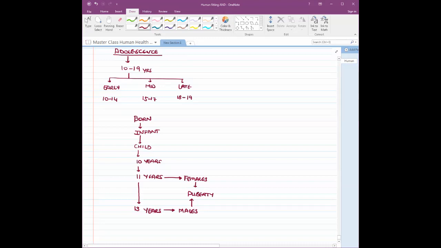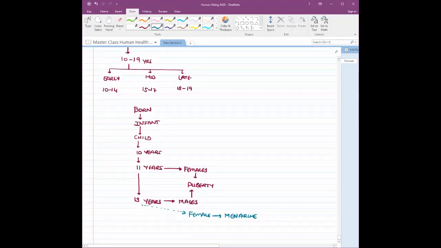first menses in females. So I will just mention that, by the age of 13 years, in females, we are going to get the first menses. So that is called your menarche. So we have menarche, and then by the age of 45, you are going to have menopause. Anyways, so now from 13 years, guys,